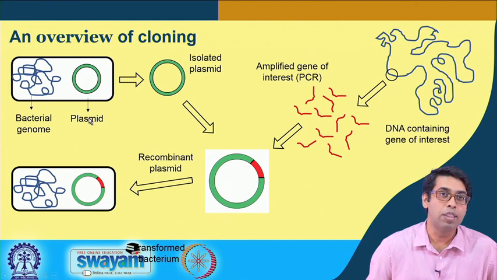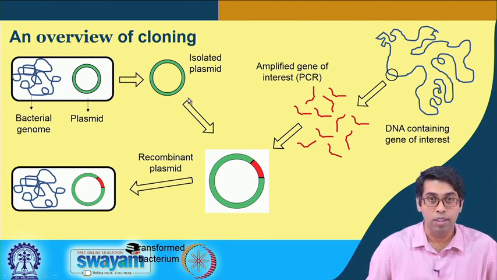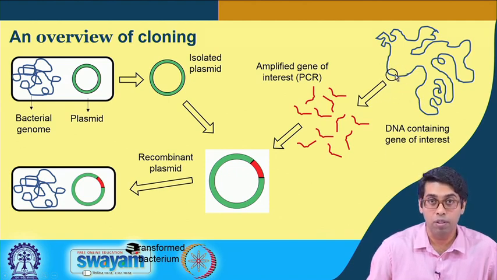So, the first step is to extract out this plasmid from the bacteria. So, now what we have is the isolated plasmid in a solution inside our test tube. On the other hand, this small region is a gene of our interest. So, it codes for a particular protein that we want to characterize in our lab, and this chromosome can belong to a particular completely different organism.